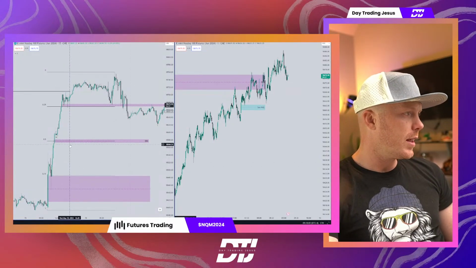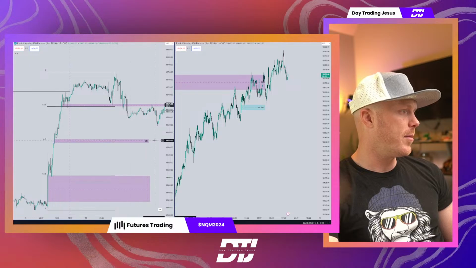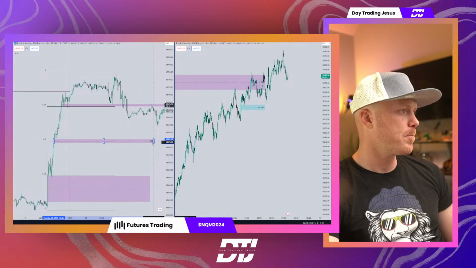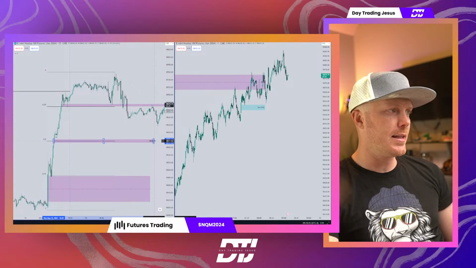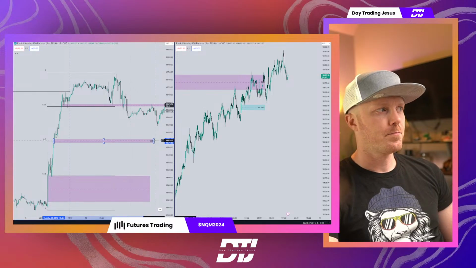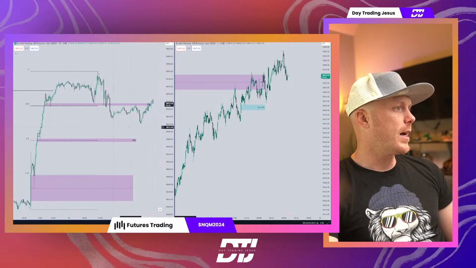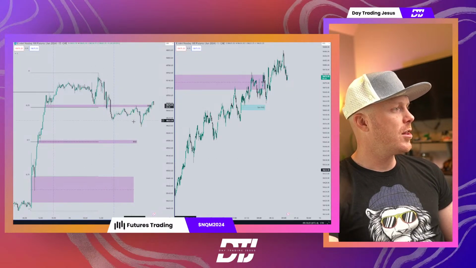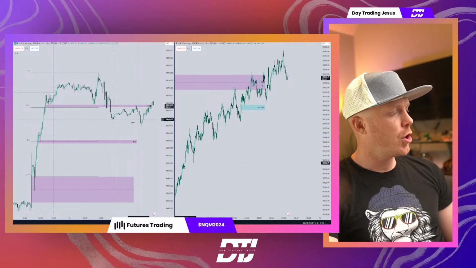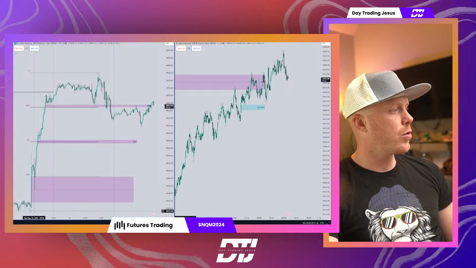We have our equilibrium sitting right about here, which overlaps beautifully with this 15-minute BISI, sitting at approximately 18,577. And then we got price action sitting in the premium zone of these quarters from this low to the